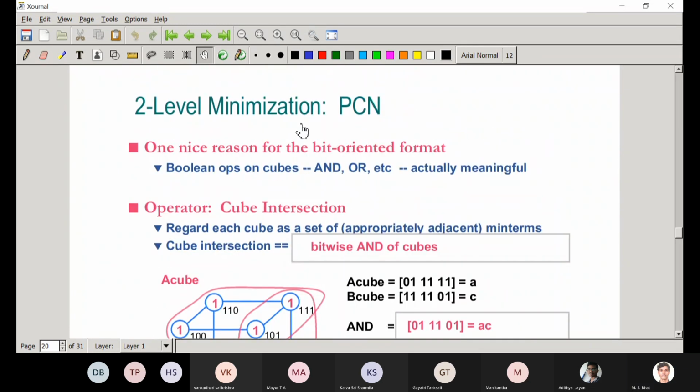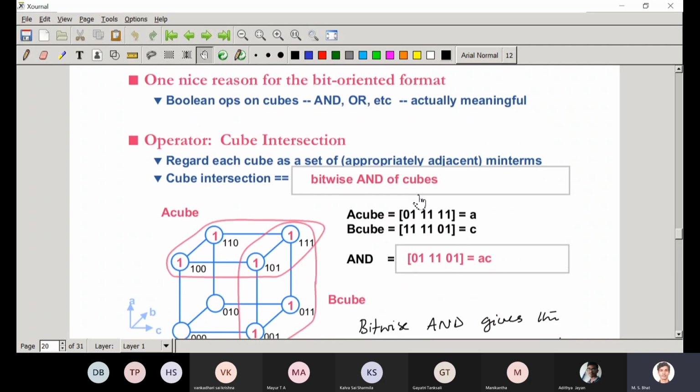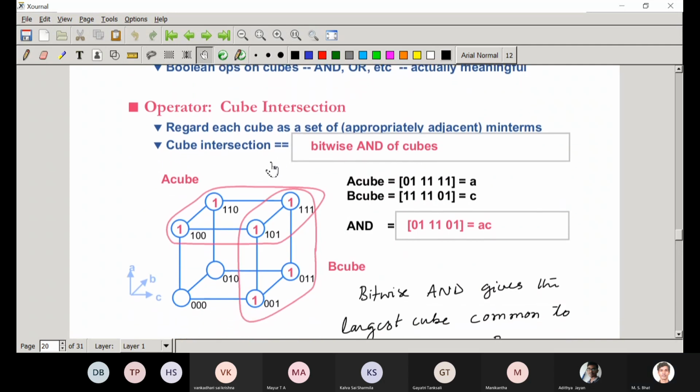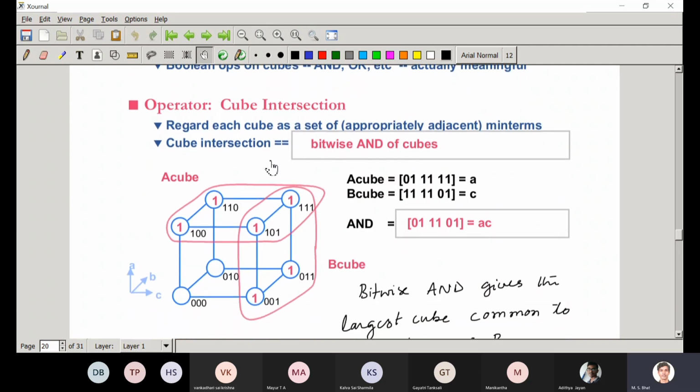Now, two-level minimization using PCN. One nice reason for the bit-oriented format is we can do Boolean operations on cubes like AND and OR, and they are actually meaningful. Let us look at the operations on cubes, that is, the bitwise AND operation of cubes.